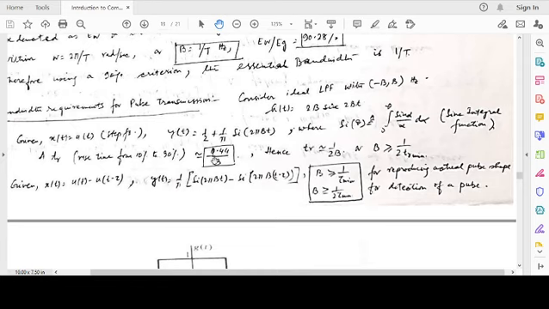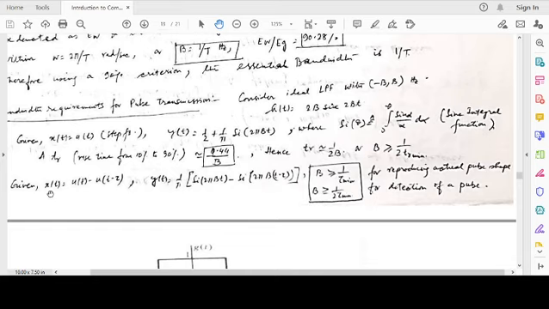Or in other words, you can have just the opposite scenario. What should be the bandwidth requirement such that a pulse of a particular rise time, I do not want the rise time to fall below a certain minimum value. So the bandwidth is greater than or equal to 1 by 2 TR min. Considering all the pulses, for the lowest rise time pulse, my bandwidth should be at least greater than or equal to 1 by 2 times that rise time.